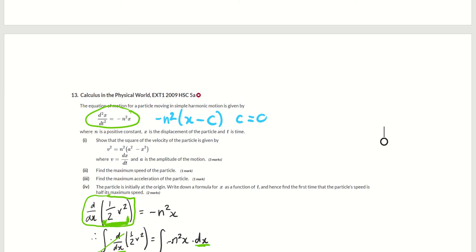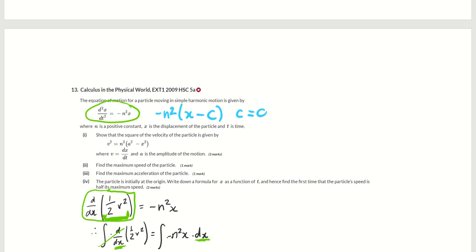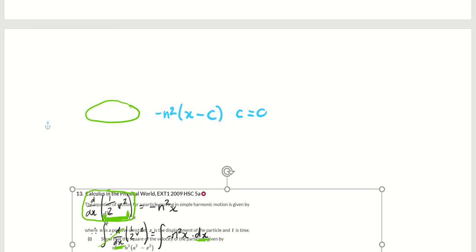So part 4: the particle is initially at the origin. Write down a formula for x as a function of t, and hence find the first time that the particle's speed is half its maximum. Okay, so straight away, we know